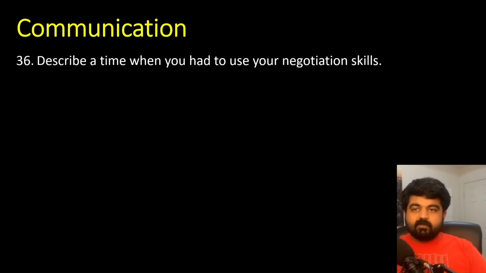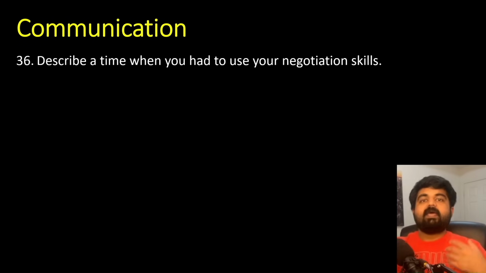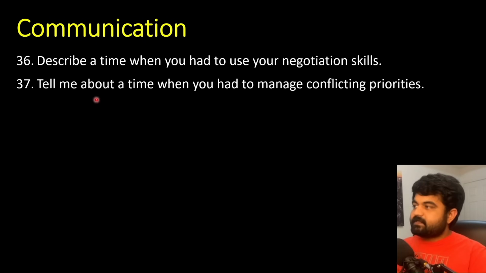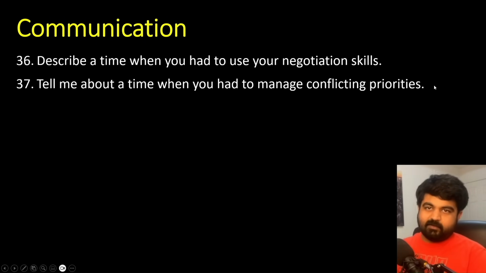So always come to that conclusion, what the criteria would be that are agreeable by both, who are going to be the stakeholders making these decisions, and what the different negotiating approaches you would take are. Always try to use the Nash equilibrium concept, that is, do what's best for both, and you will always find a common ground over there. Okay. Next one is, tell me about a time when you had to manage conflicting priorities. Yeah, we just spoke about it.